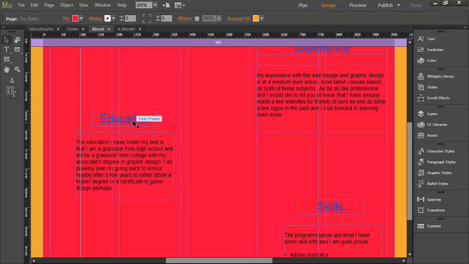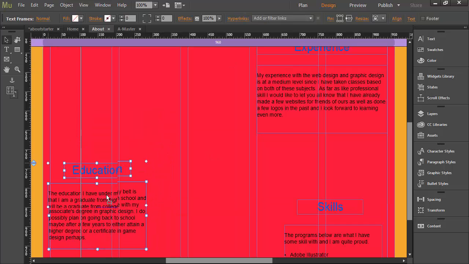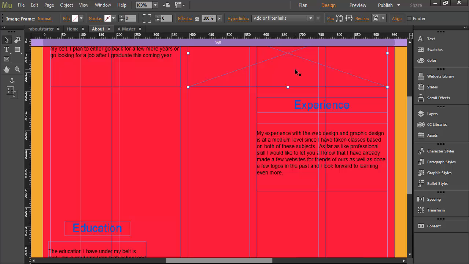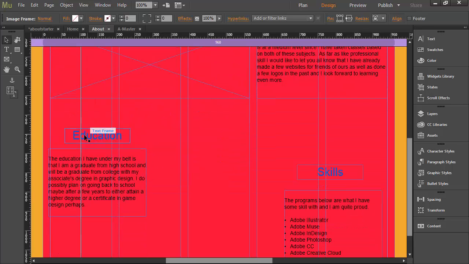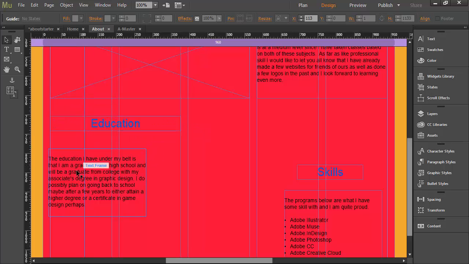I'm going to move this down. Put a picture frame over here. Again, if you're not doing picture frames, then I don't know on that. But then I'm lining this up,